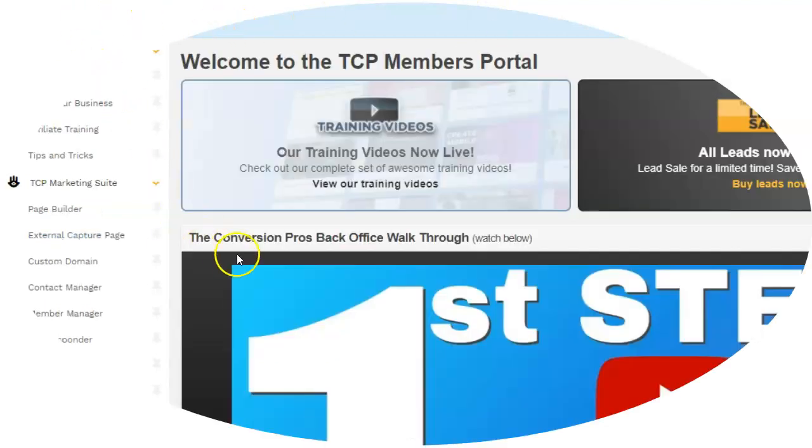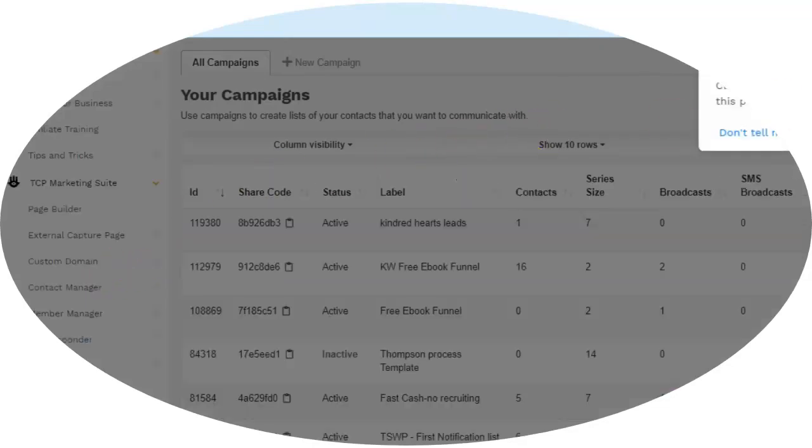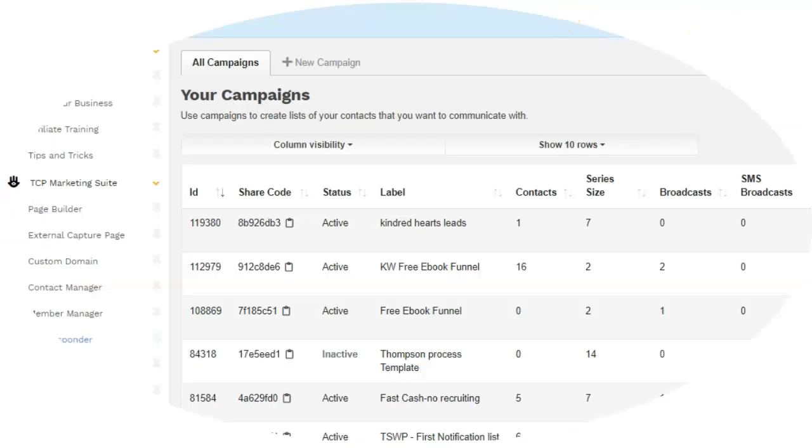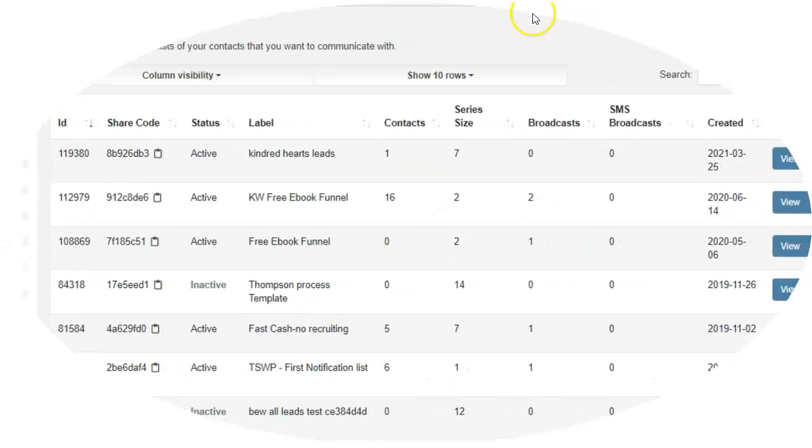So when you get in the Conversion Pros, this is the page you're first seeing. But you want to go to the autoresponder button on the side here. You'll hit it. It will take you to the autoresponder series. Now, typically in the autoresponder series, if I give you a share code for this, you could actually